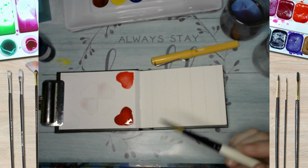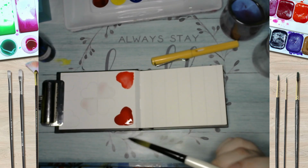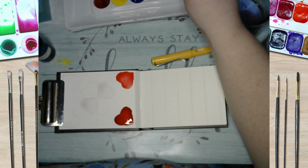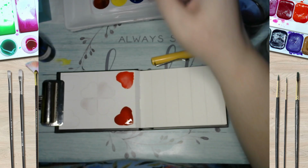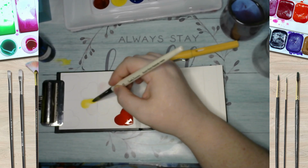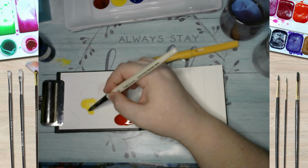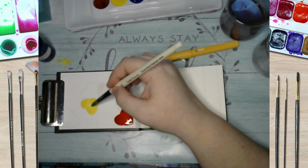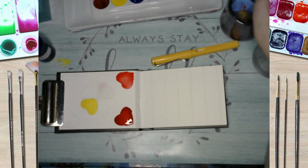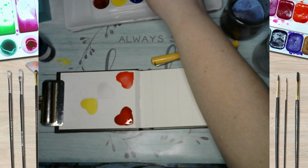Anyway, I noticed there's a pink tint to this water. I hope it doesn't mess up the paint we're using, but we will see. I'm going to grab some of this yellow, which is fluorescent, nice and bright. It's noticeable to me, it might not be to you, but this paint's now turning a little bit orange. But who cares? This is a sample card, right? I hate that I'm wasting that paint, but I've learned that they keep their paint, and now that I don't have cheap paint, I'm going to start keeping it and using it as a secondary color. So we're going to grab this orange,